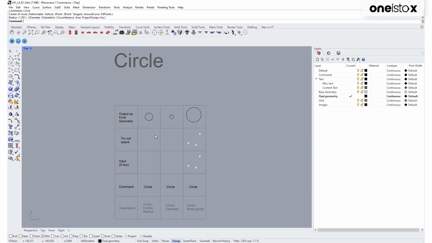So, by default, it creates a circle with center point and radius. If we want to create a circle with diameter, after picking my center, I will switch to diameter like this. If I need to create a circle with 3 points, I'll follow these steps.